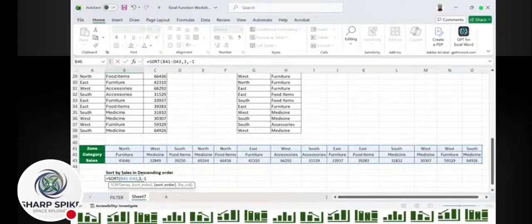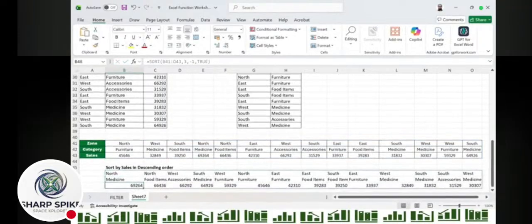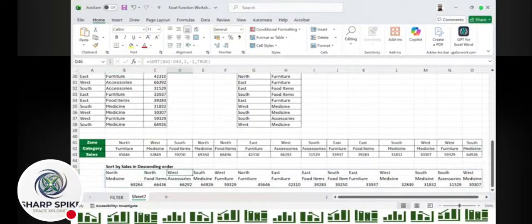Descending. This time we select TRUE for sort by column, because this data is in columns. So you can select TRUE, close the bracket, hit enter, and you will get the answer. So this is how you can use the SORT and SORTBY functions in Excel